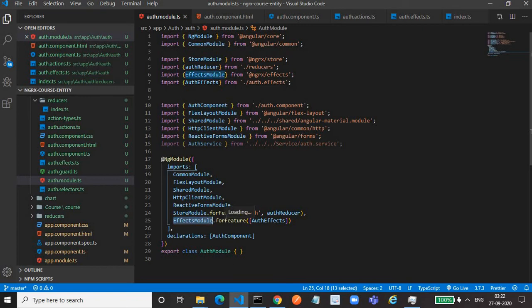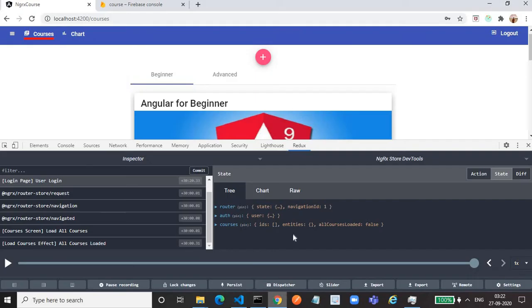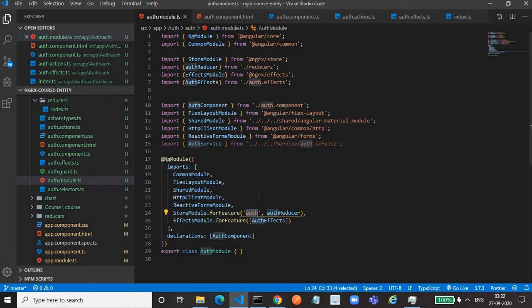In the app module, if you remember, we defined StoreModule.forRoot. Then, whatever slice of the state we mention here, the same slice you will find in the store. We have mentioned auth here, so that's why you are seeing auth there. If you mentioned xyz here, then you would see xyz there. This is the slice of the state, and for manipulating this slice we need a reducer. This is the custom reducer that we have created, and we have to import it. We'll see later how to create a reducer.